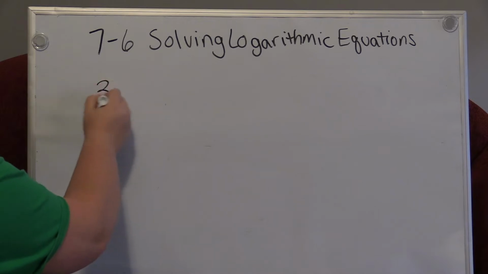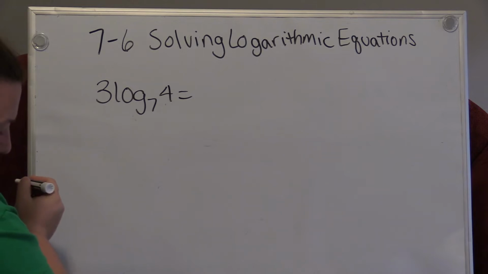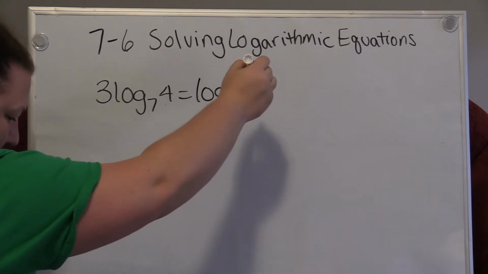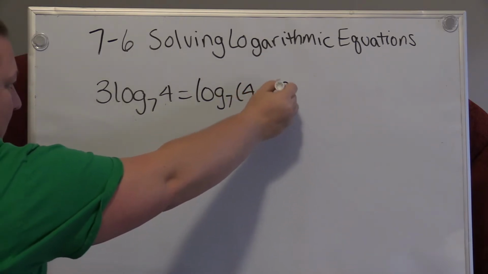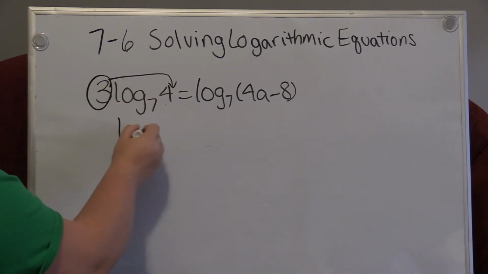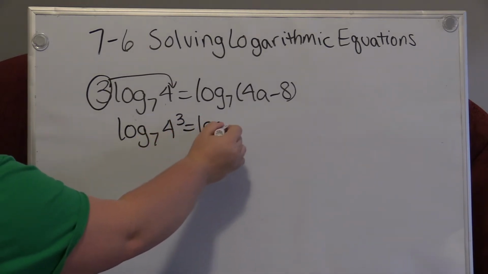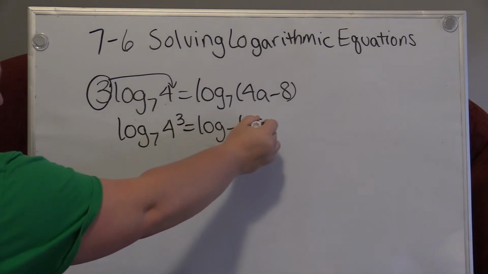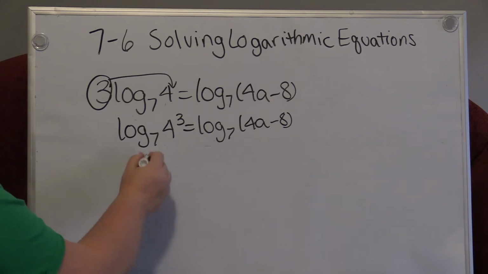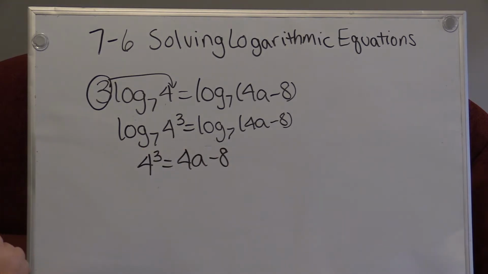I get 3 log base 7 of 4 equals log base 7 of 4a minus 8. So this goes up in the exponent. So I get log base 7 of 4 to the third equals log base 7 of 4a minus 8. So I have 4 to the third equals 4a minus 8. And 4 to the third is 64